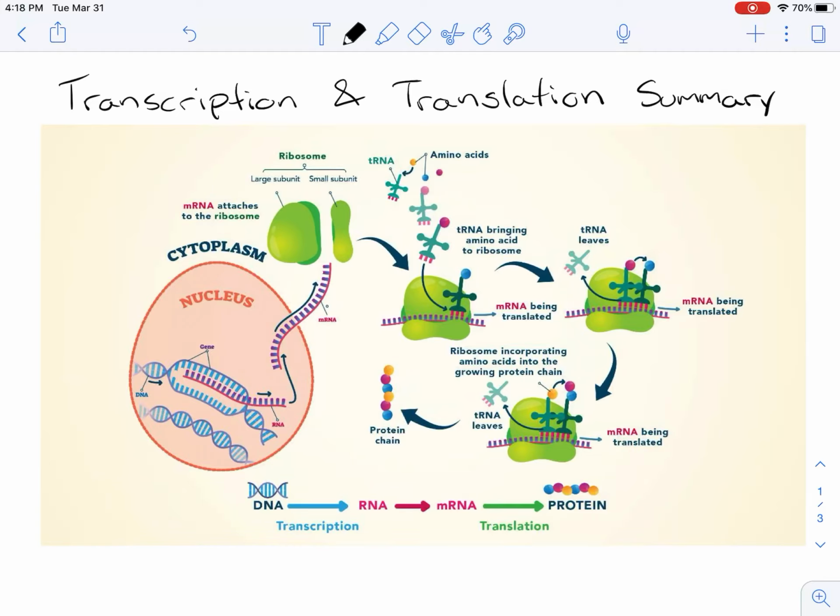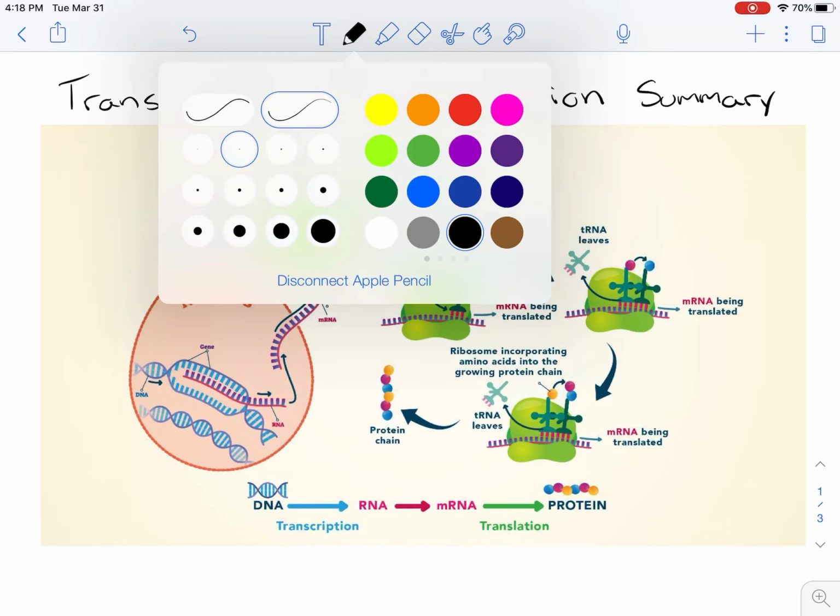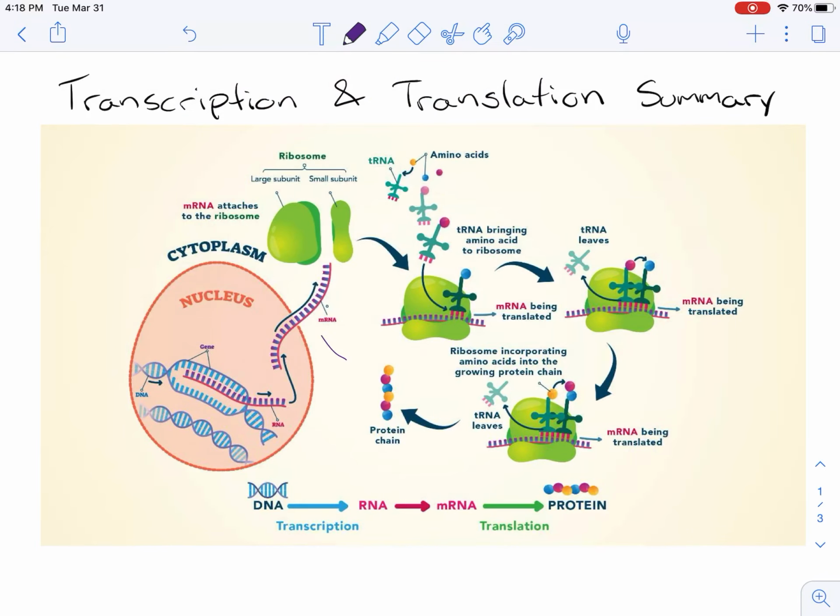Okay, welcome Science 10 students to the review of transcription and translation, a summary of what you did last class when you were completing the assignment on transcription and translation terms. So this is an overview of both the transcription and the translation piece, and we can separate the two into two sections here,